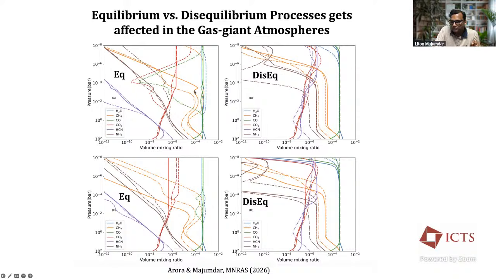So here what I'm showing is cyanoacetylene in the atmosphere of a typical super Earth. You can think of this as like a GJ 1214b planet. For a typical super Earth, a long chain hydrocarbon species like HC3N, which has long been postulated to play a role in prebiotic chemistry. Even in the atmosphere, if you have sufficient thermal chemistry and photochemistry, you